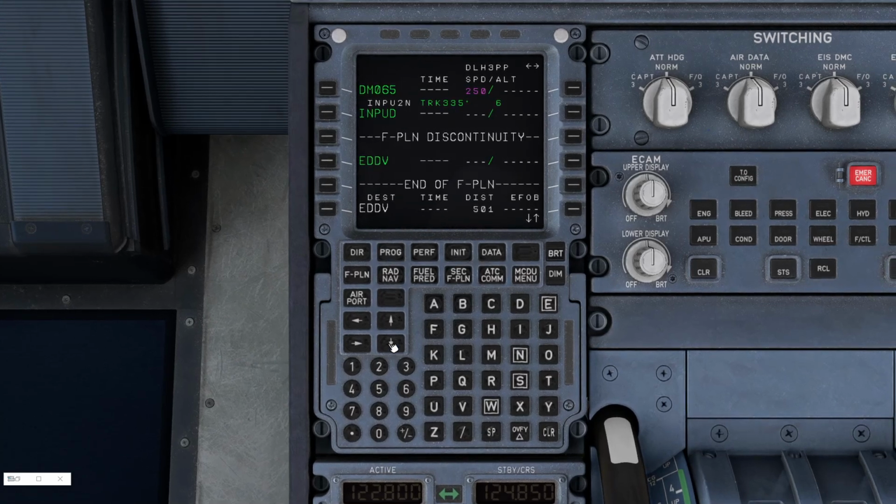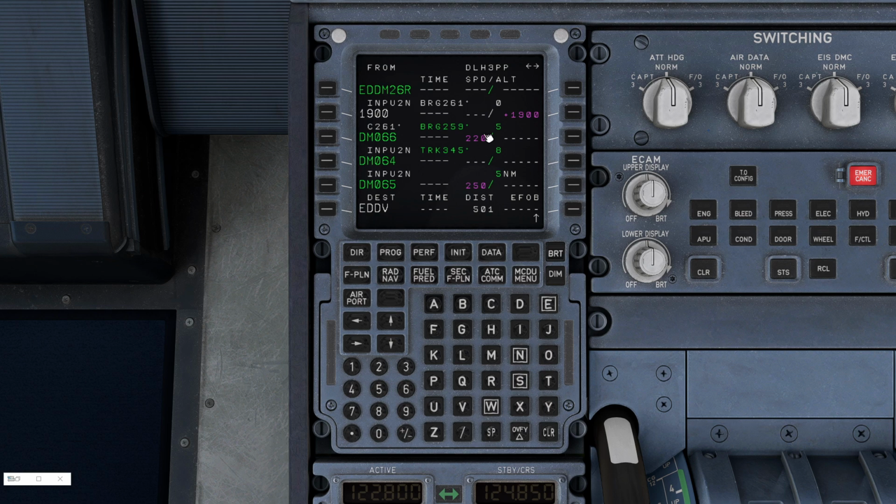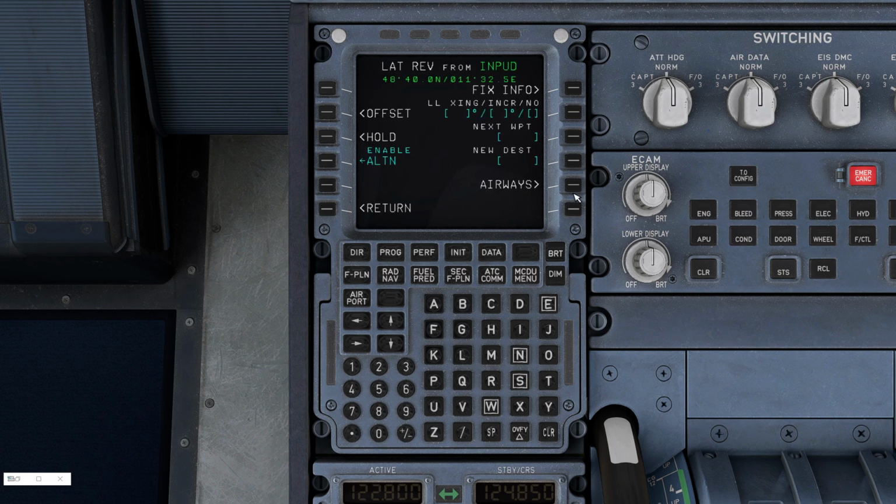You can see the magenta items that signify the limitation or limits along the flight plan, or any vertical or lateral revisions. We are going as a second item to the insertion of lateral revisions from Input toward